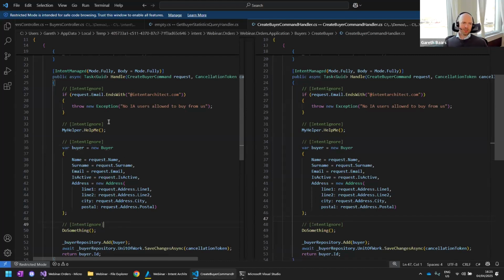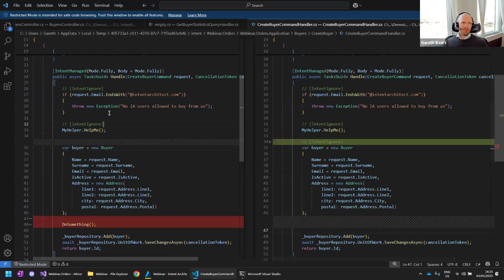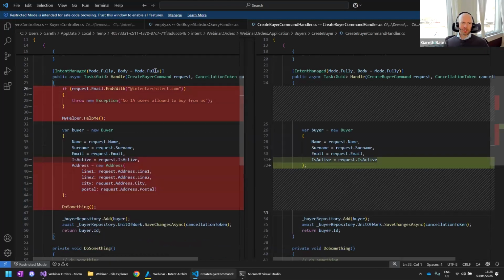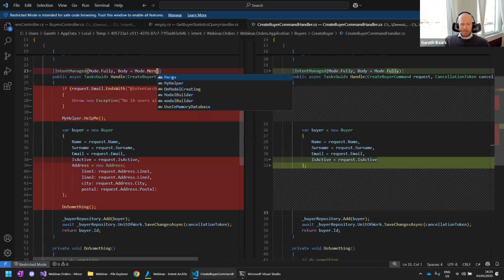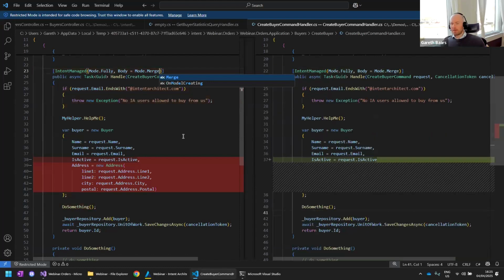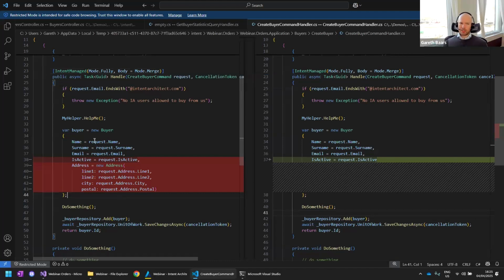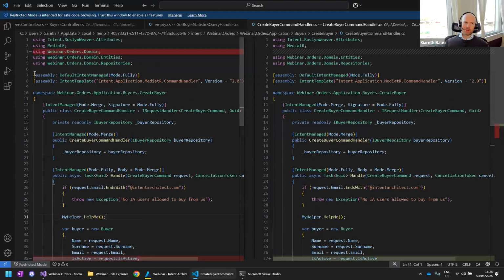And the reason I wanted to show this to you guys is because, of course, I can just remove all of these, and we can switch it back to merge mode if we want. What you can see, and this is coming back to that philosophy point I was making earlier, is that as developers we have full control of our code base, all the way from the individual line of code perspective through to the file perspective, right? So we have always got full control, and that's very, very core to our philosophy.